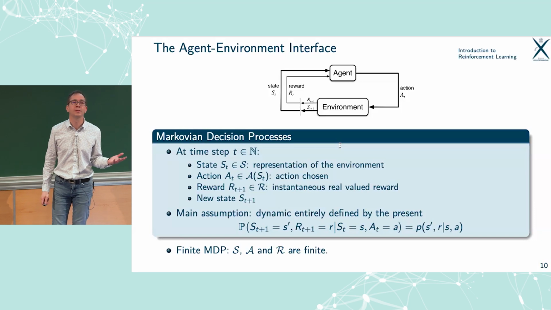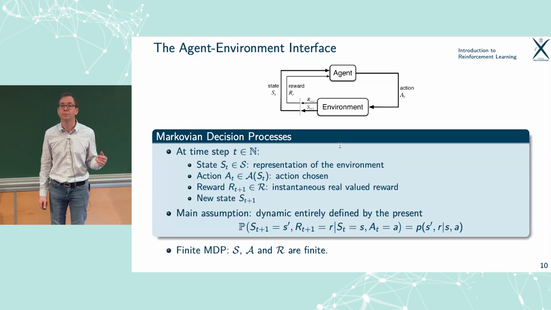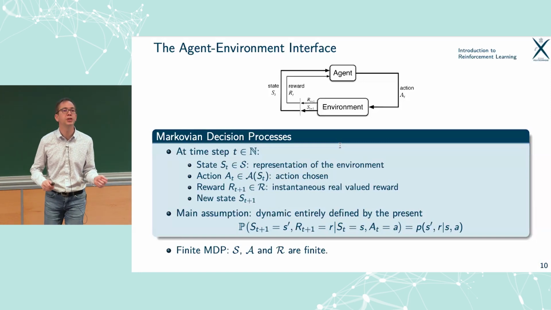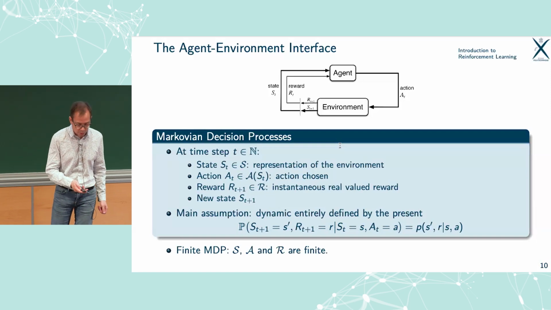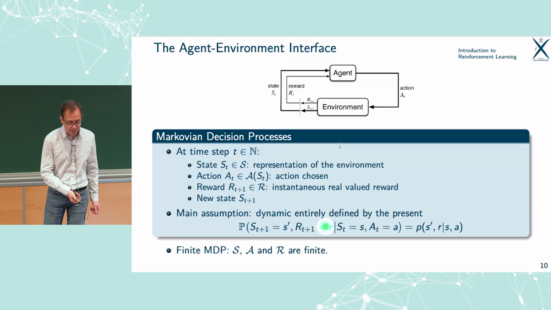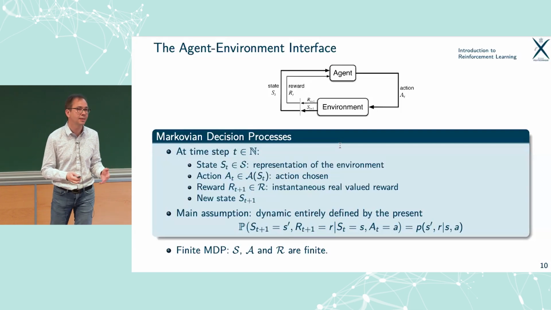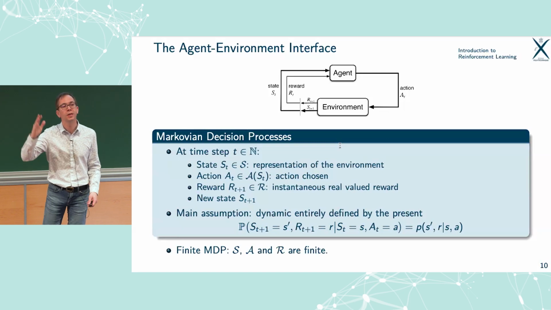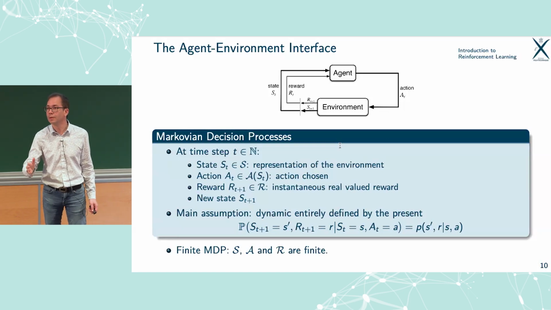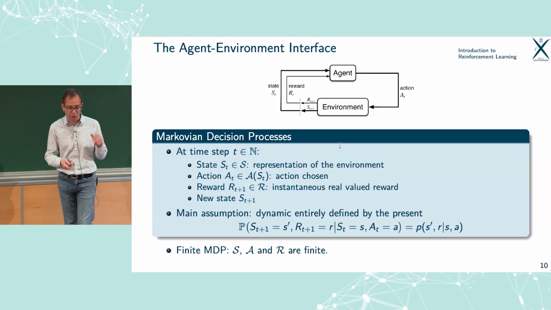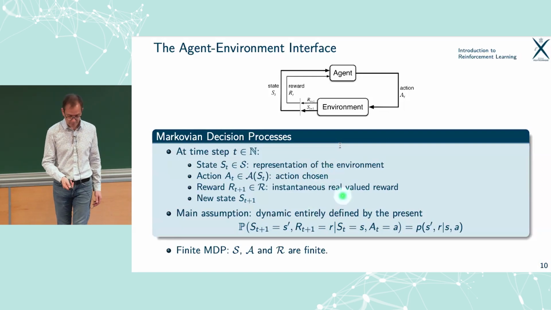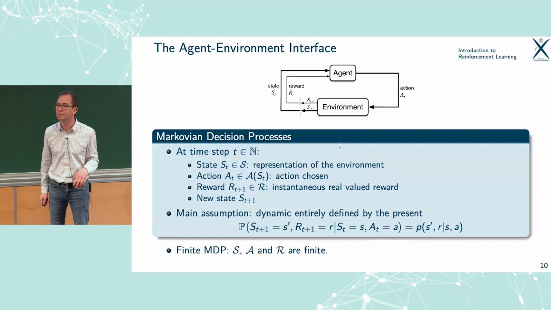What kind of model can we make of this? A lot. If we stay in the probabilistic world, we need to define the probability of reaching a new state and receiving a new reward, given the past. And here, we're going to use this very strong Markovian hypothesis that this law depends only on what we are doing right now. So everything will depend only on the current state and the current action. No memory at all.